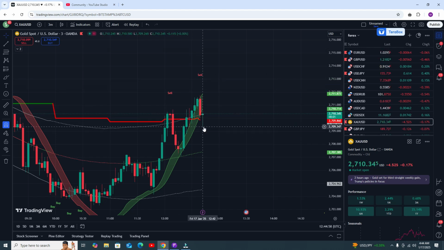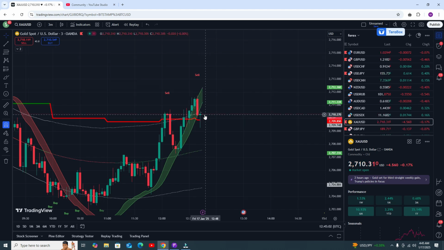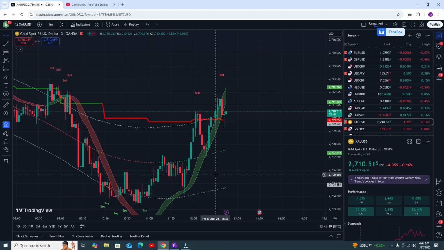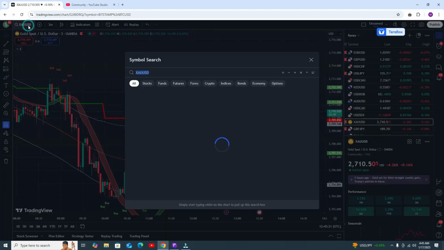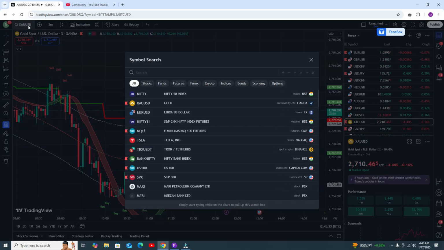This candle closed inside the RSI. Yes, now this is our sell entry, and you will get the profit around 2700, you can say 705. Okay, it will give you the profit, and I will show you the results of this trade in the next video. Okay, let me show you results in some other trades. Now you understand the rule.